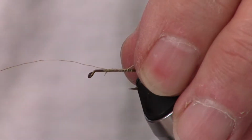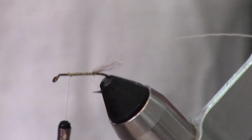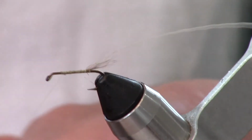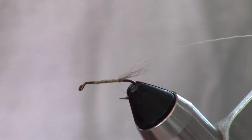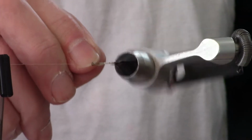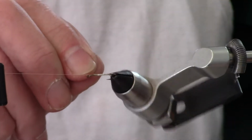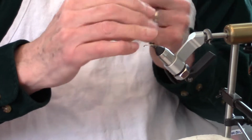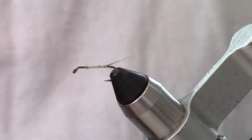Now, this is moose mane. I think it's porous, but it floats. And we'll talk about using the fly later on. Okay, I put a little half hitch on there because I'm going to take advantage of the rotary vise. It's strong enough, as long as I don't hit the barb of the hook, I can create the body of this fly. Put a couple of half hitches on there,